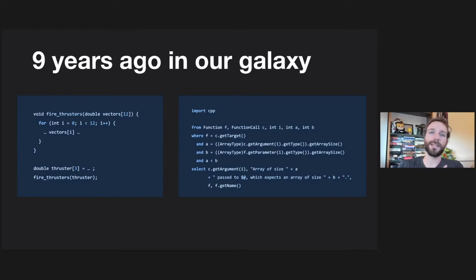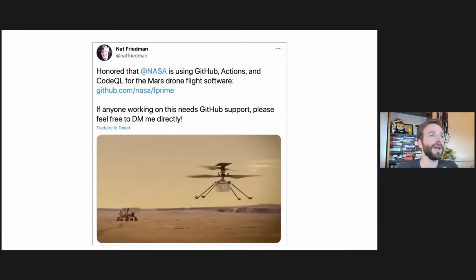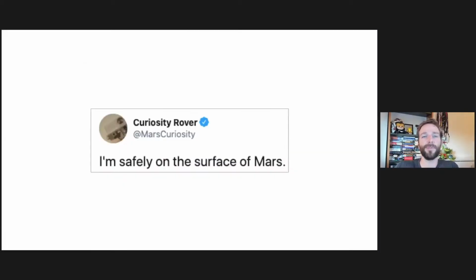By running this query, not just on that particular piece of code where they found the bug manually, but also on the whole code base of the Curiosity rover software, they found 30 other variants of this code. And we all know how this story ended, right? Curiosity landed safely on the surface of Mars,